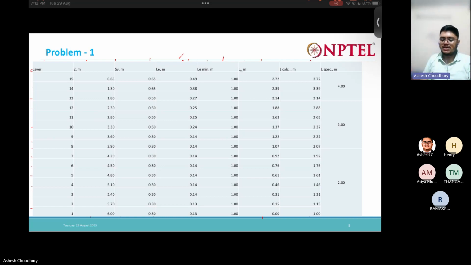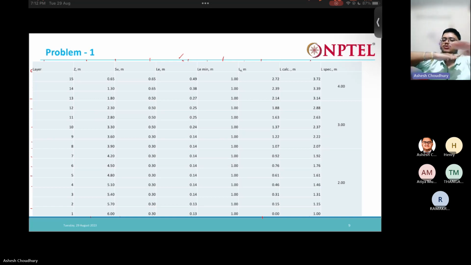Now, if this calculated length is actually less than the width, then we can also place the geotextile like this. If you place it like this, then the weft direction, which is the cross machine direction, its strength will be utilized. But generally the calculated length L is greater than the width, so generally it is placed like this only and not like that. So in our case, we are placing the geotextile in the warp direction,